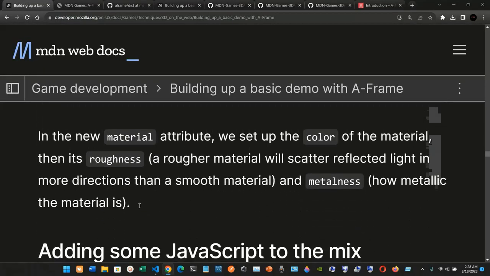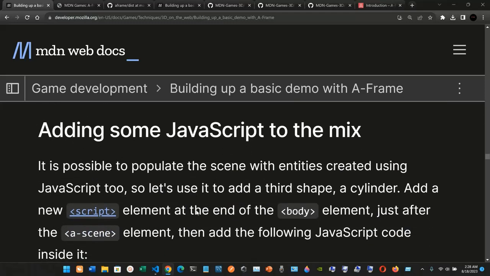So in the new material attribute, we set up the color of the material, then its roughness. A rougher material will scatter reflected light in more directions than a smooth material, and metalness is how metallic the material is. Okay, so adding some JavaScript to